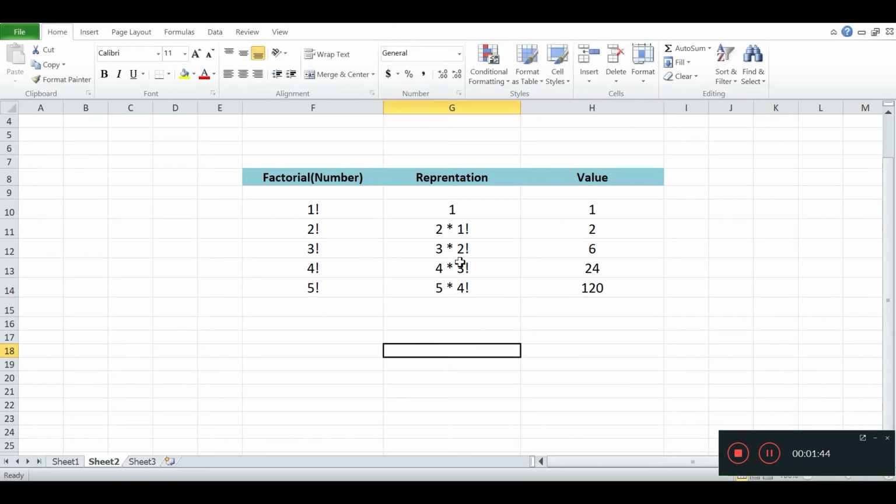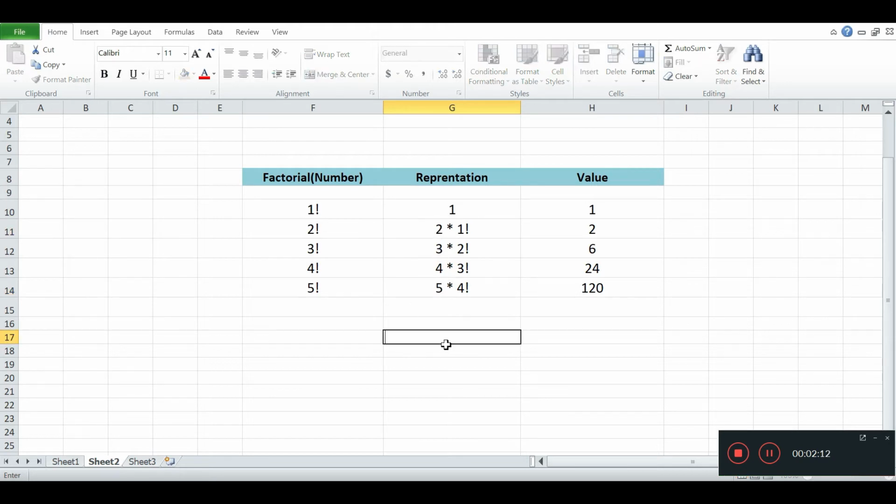Okay, so why are we doing this? What we get out of this representation is that whenever we want to calculate the factorial of any number, it is nothing but the multiplication of all the numbers up to it. If I am calculating the factorial of 5, it is 5 into 4 into 3 into 2 into 1.